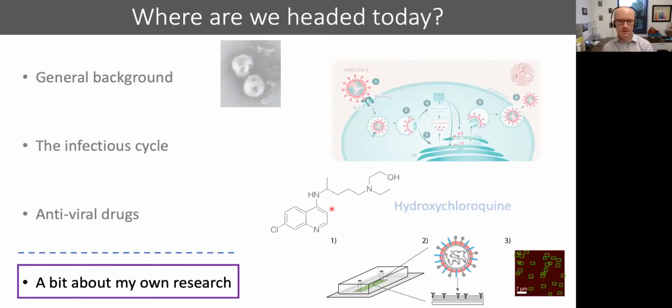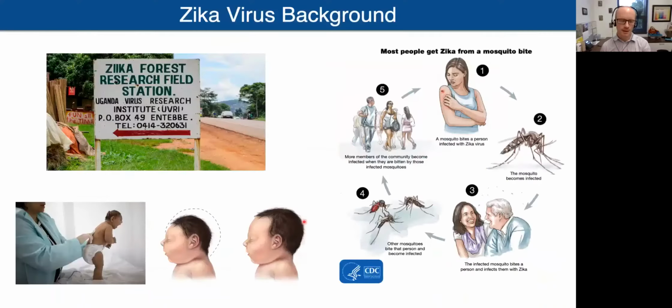Finally, in the last few minutes here, I'm going to talk a little bit about one small project in my own research. So we're going to be shifting away from SARS-CoV-2, thinking about flaviviruses and Zika virus in particular. So this is work that I did mainly as a postdoc at Stanford and the University of Virginia. But then I'm going to briefly talk about work that we've built upon this here at Williams College.